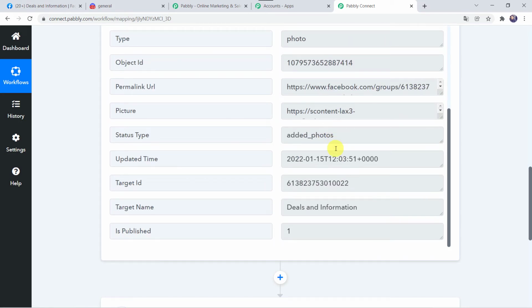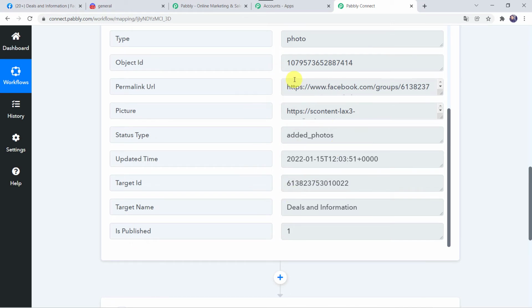Now here I want to give you an important information that here you can see that the data has captured immediately. But sometimes it may take some time in fetching the data, as the trigger here is polling based. So if your data doesn't get captured immediately, don't worry about that, and please wait for 15-20 minutes patiently. The data will surely arrive.